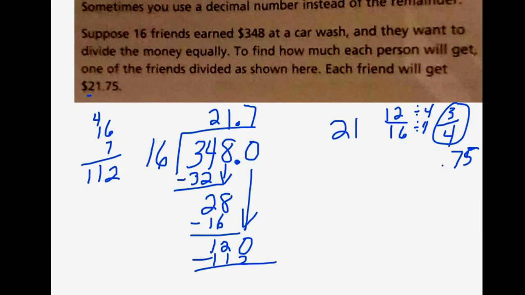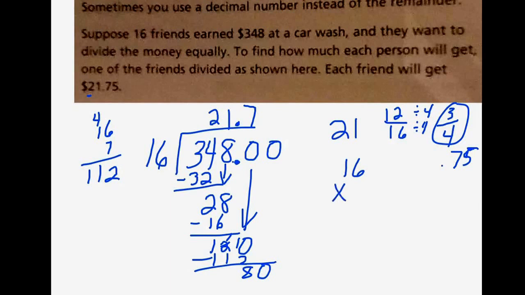When I subtract, I'm going to get 8. Okay, and again I'm going to bring down another 0 after the decimal. I can add as many zeros as I want and keep dividing. So let's try 16 times 5, which is 80. Okay, so that is the correct answer,